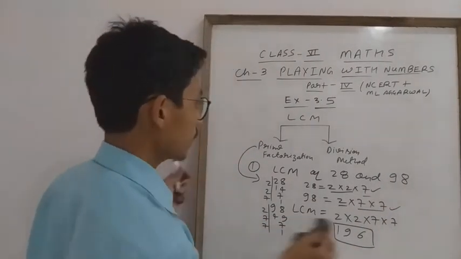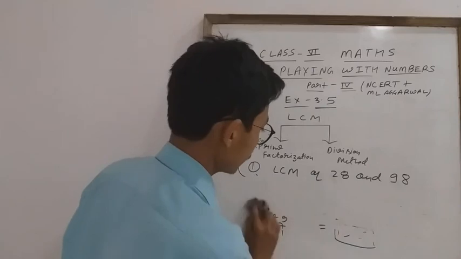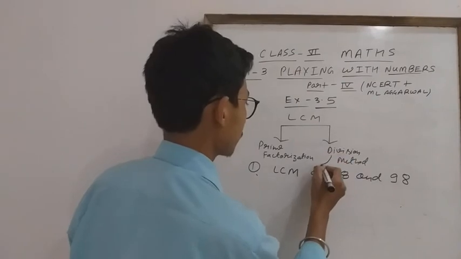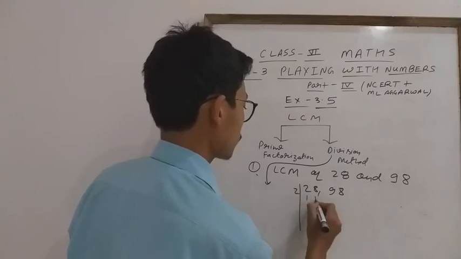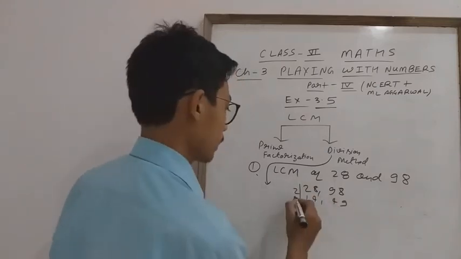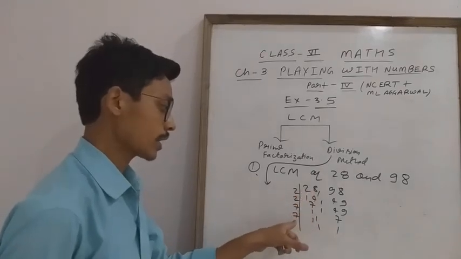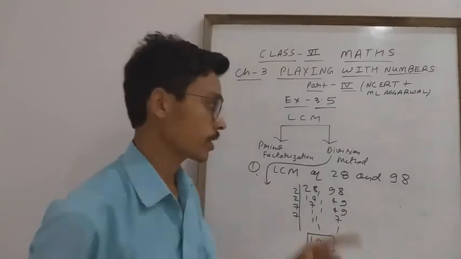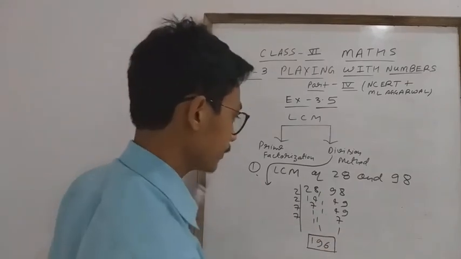Or the division method, you know that student. If you have to find it with the help of the division method, what will you do? Here also I am going to explain the division method. That was the prime factorization method; now I am going to use the division method. Divide 28 and 98 by 2, then by 7, then by 7 again. This is very easy. 2 times 2 is 4, 4 times 7 is 28, 28 times 7 is 196. So see student, this is a very easy method. But if the examination asks for prime factorization, use prime factorization; if it asks for the division method, use the division method. Is that clear, everyone? Very good.